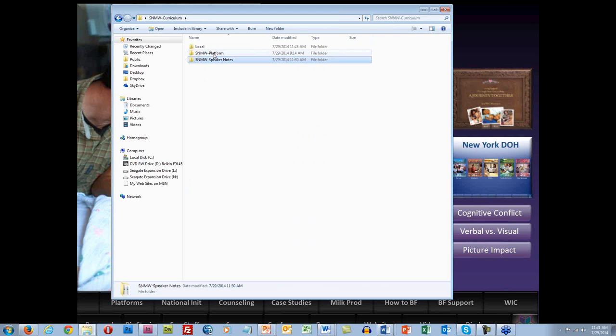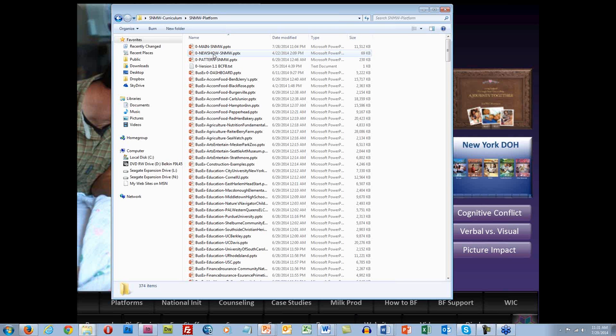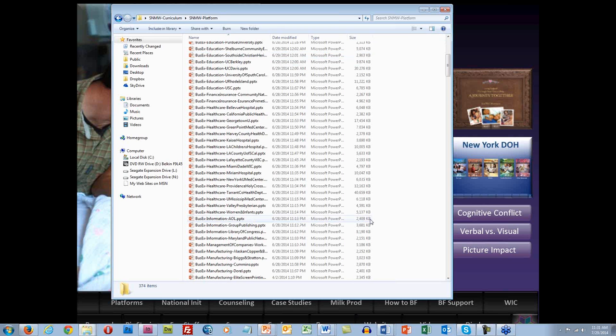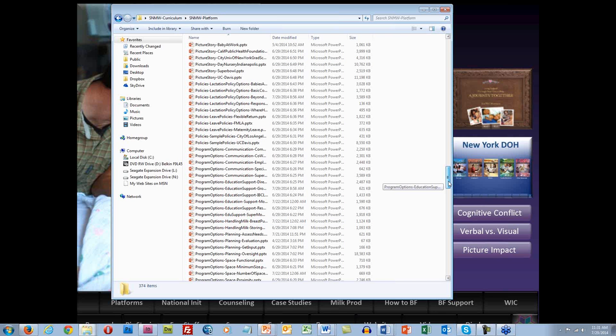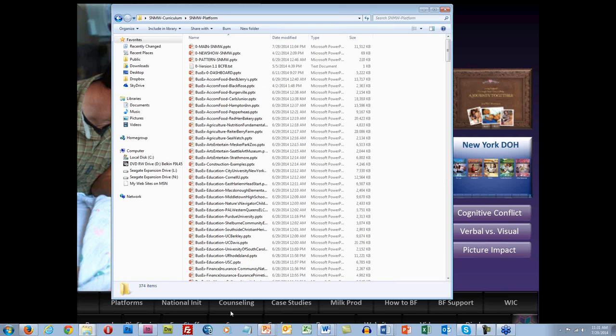This other folder is where you'll find all of your presentation materials. If I open that, there are something like 370 slideshows in this folder. That's a whole bunch of slideshows. Now, if that looks intimidating, don't worry, because you don't ever have to open any of those, except the very first one at the top called main